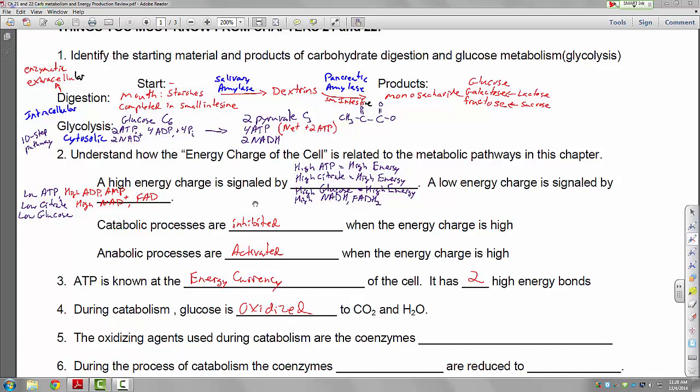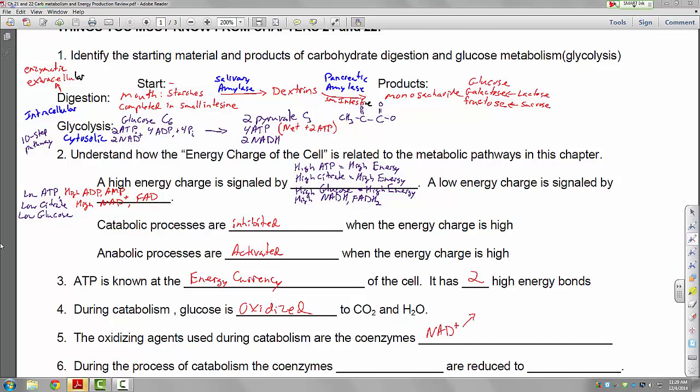It's present in the energy currency. ATP is the energy currency, and also in the reduced coenzymes NADH and FADH2. The oxidizing agents used in these reactions are these coenzymes, NAD